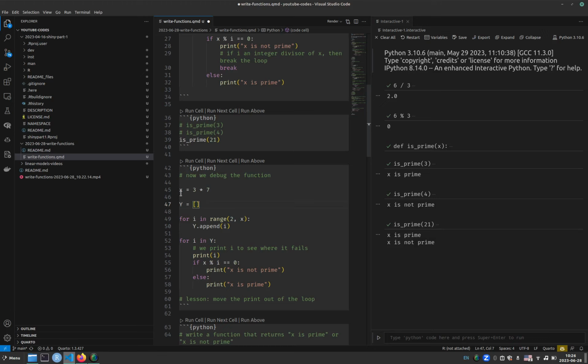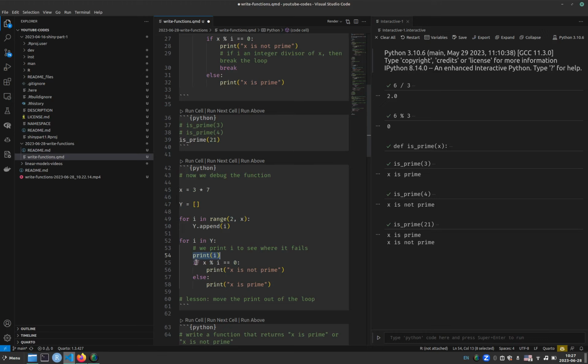So I start with an empty list y, then I use a for loop to create a sequence of all the numbers from 2 to 20 in this case, because x is 21. I append those numbers to my list y, and then with another for loop, I print each of the values that I will be using to divide x, and I